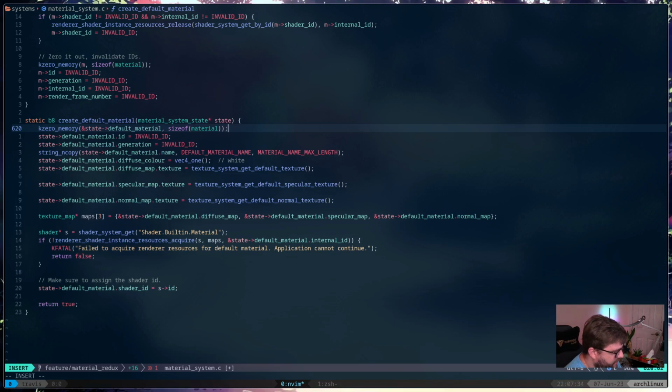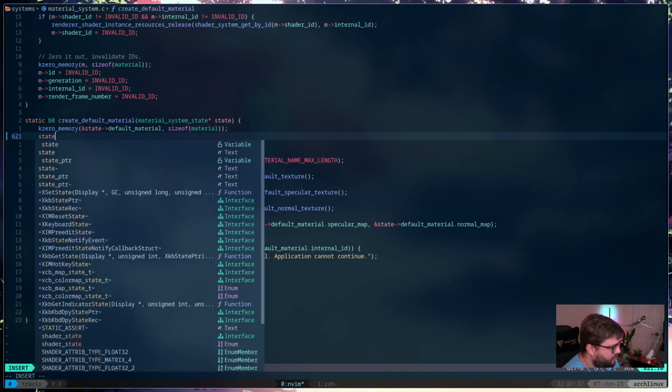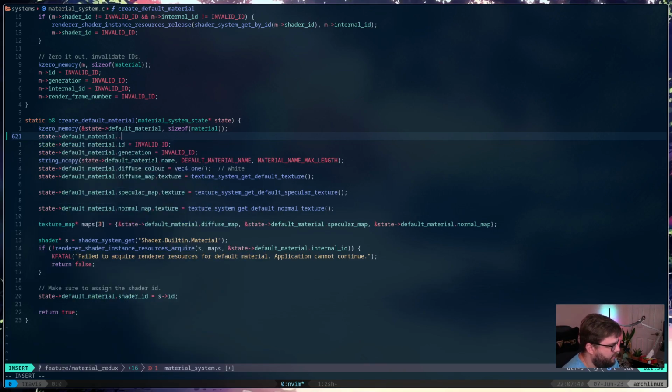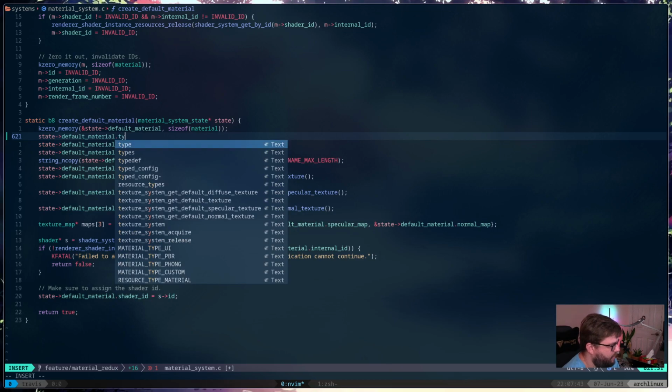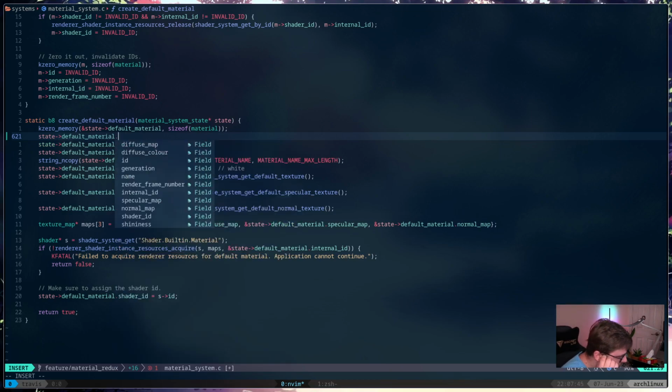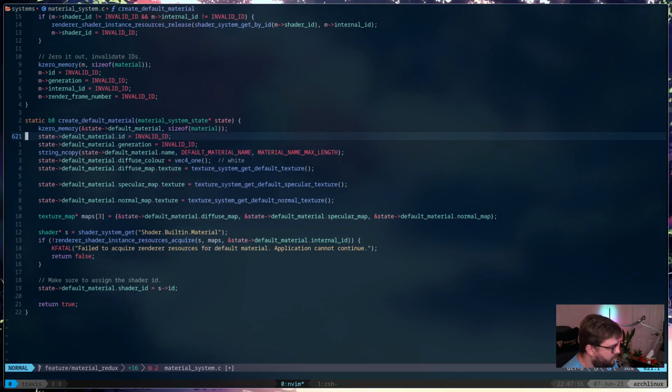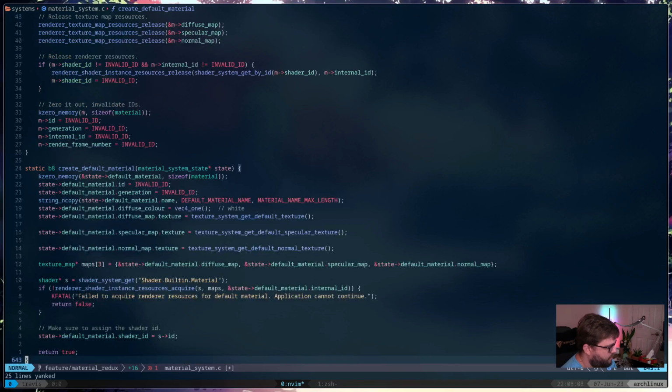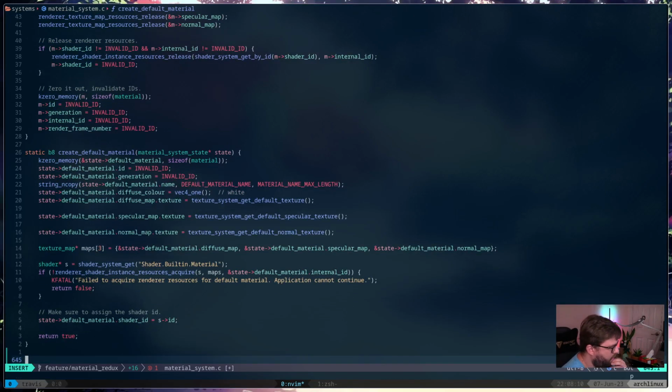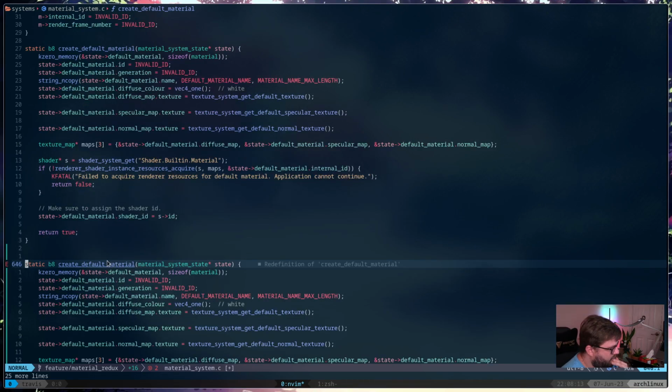One thing I'm seeing in here is we're not carrying over the type from the config, which is unfortunate. So we probably ought to fix that too. But for right now, I'm going to go ahead and just do this.